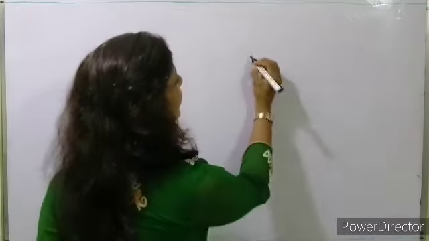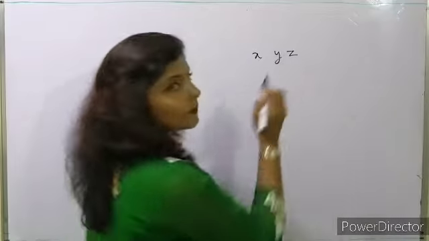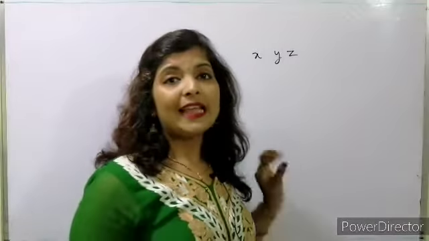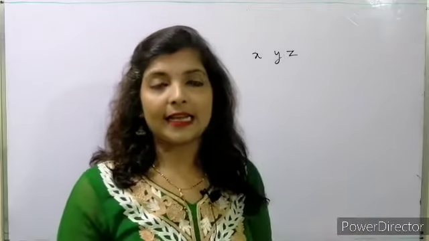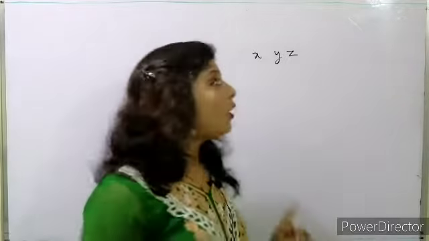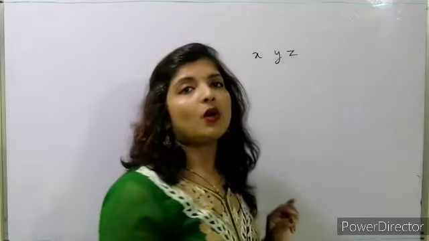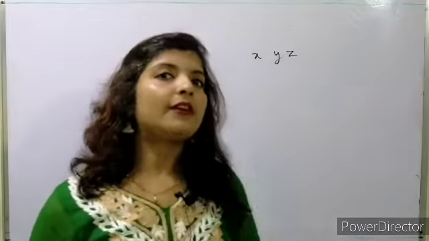First of all we'll see the min term. A min term is a logical AND term in which every literal, every variable or its complement in the function, occurs only once. Like if we have taken three variables x, y, z, we cannot write an xy term and an xz term and a yz term. All the variables or their complements should be there in the function.